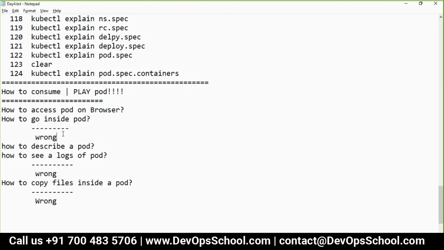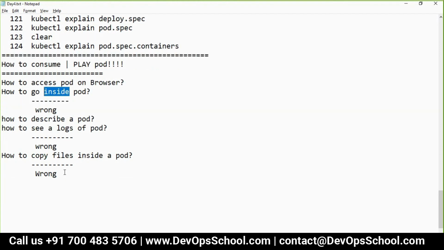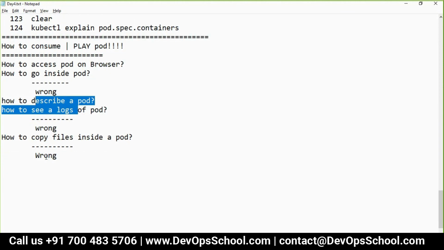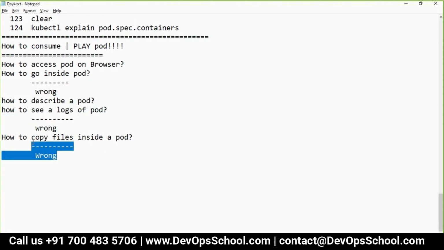Actually, when you want to experience, you have to experience the container only. If you say you want to go inside, that means you want to go inside the container. When you say you want to see the logs, you want to see the logs of the container. When you say you want to copy a file, actually you want to copy a file in the container. That's a physical entity. Pod is a logical entity. To manage the containers and make them accessible from outside, the pod was created so Kubernetes can understand it. Are you getting my point?